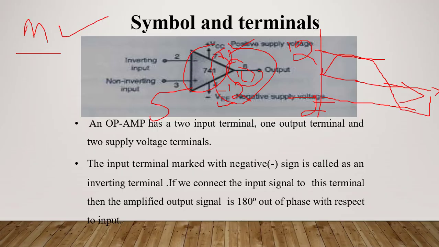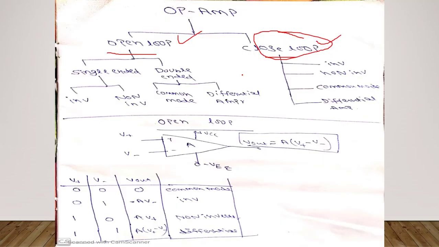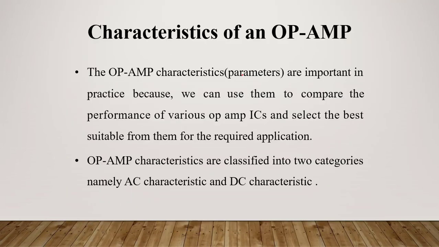Now, all this stuff about op amp, you have already studied in your basic electronics. I am just reminding you what an op amp is in full, what the input is, what the power supply is, what the output is, what open loop means, what closed loop means, what common mode means, what inverting means, what non-inverting means, and what a differential amplifier means. Okay, now we are going on to some characteristics, that means how actually an op amp works and what the characteristics are.